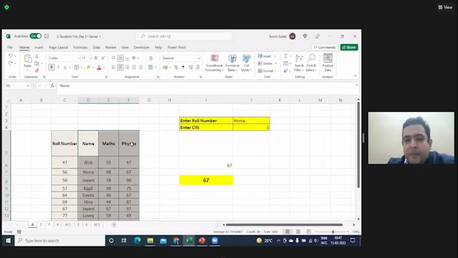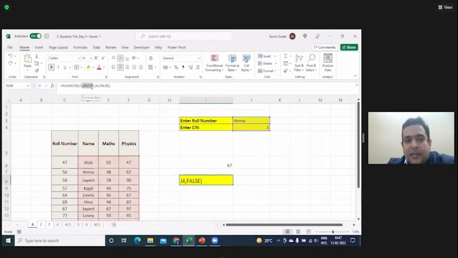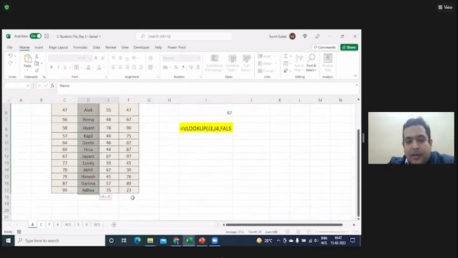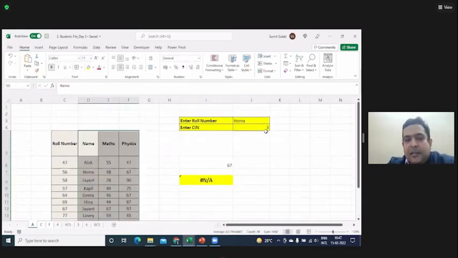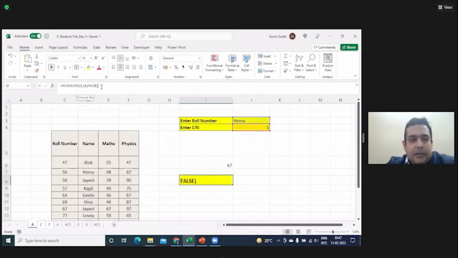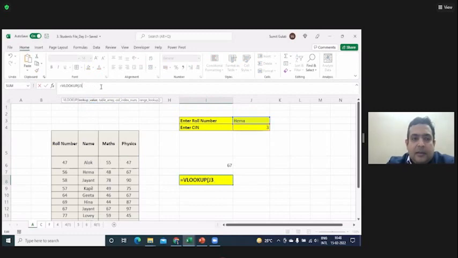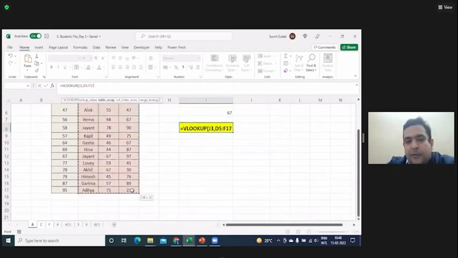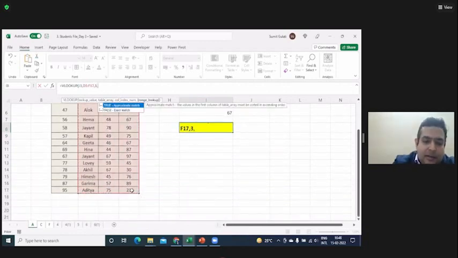If I have selected from here, just see what happens. If I select, instead of selecting from this point, I select from this point, what extra optionality is it giving me? What extra is it working for me? Just a minute, I'll create it again. You tell me, what is the benefit of this? I said select this. Where to look for Hema? Look in this data. Even if you do it, and say third and say false, what will be the answer right now?